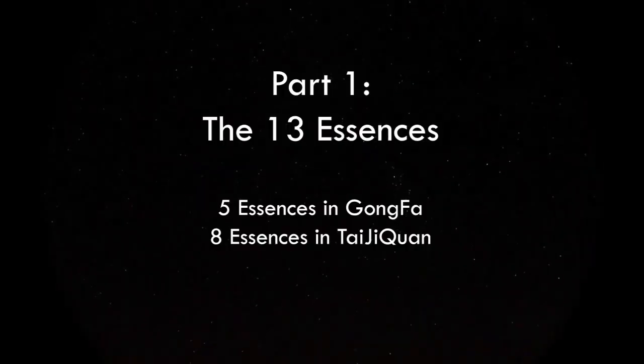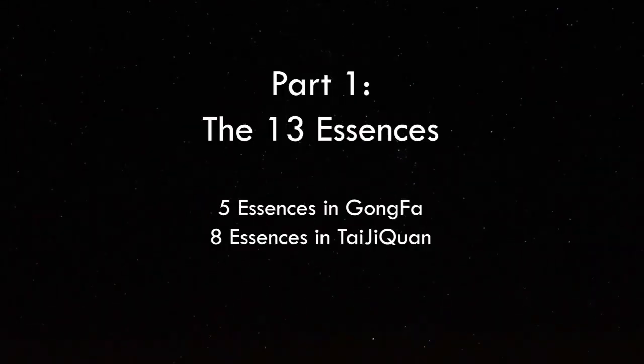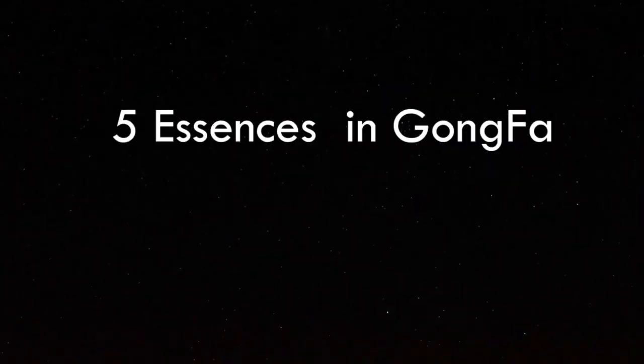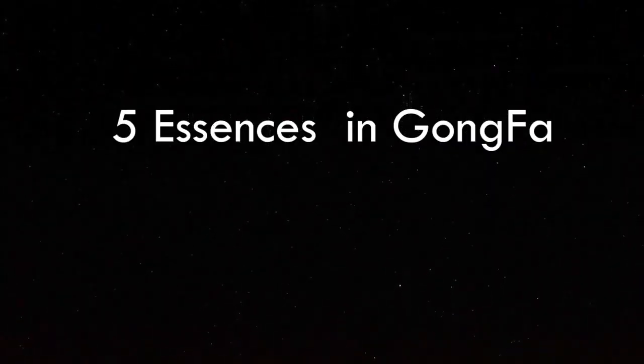We got 13 essences. The first 5 essences relate to space and time, the 6 directions. That means up and down: you go up, you go forward as well, so we got forward and backward. Then you go to the side, you go left. So all the time we're talking about all kinds of movement creating left and right, backward and forward, and then up and down. So these are the 5 essences.